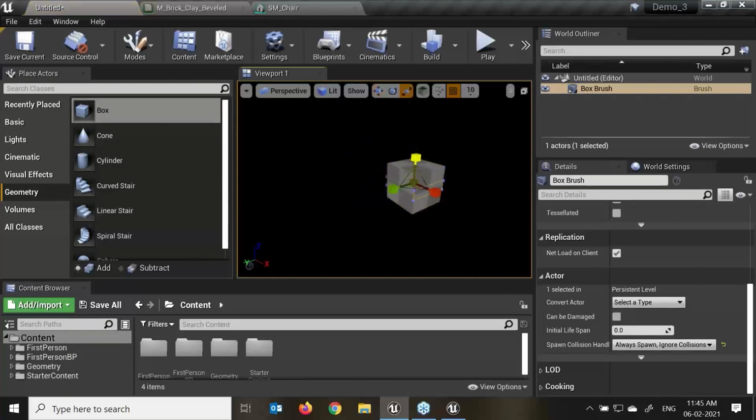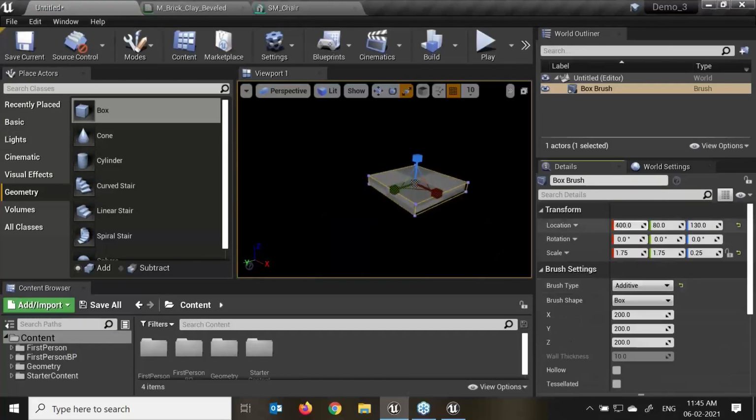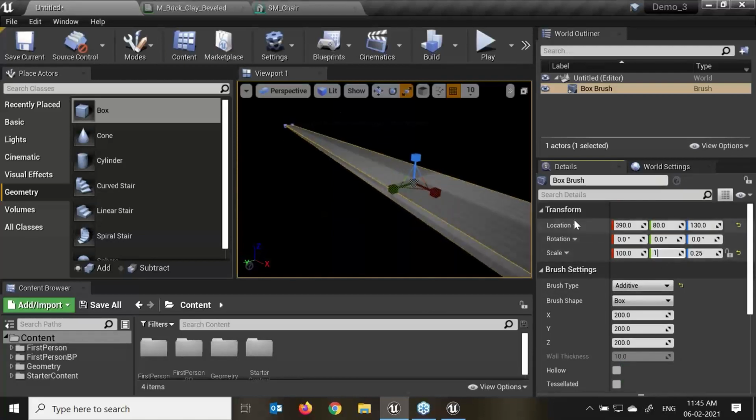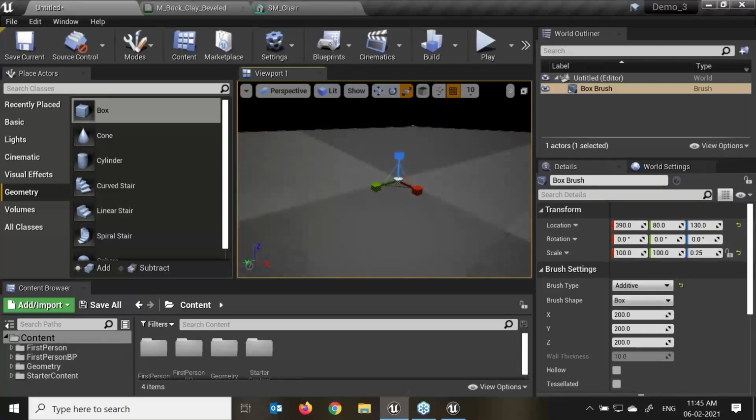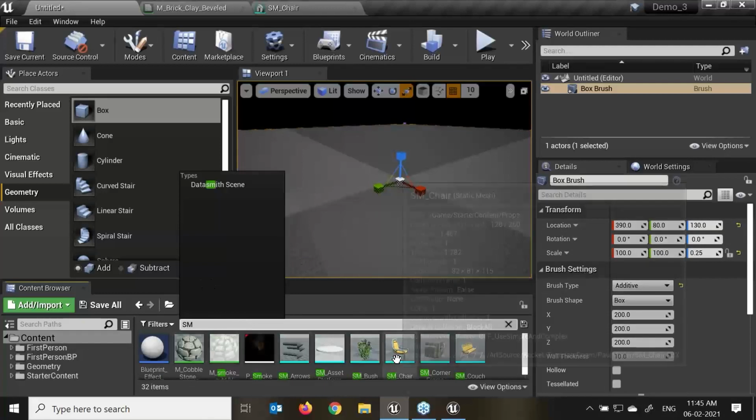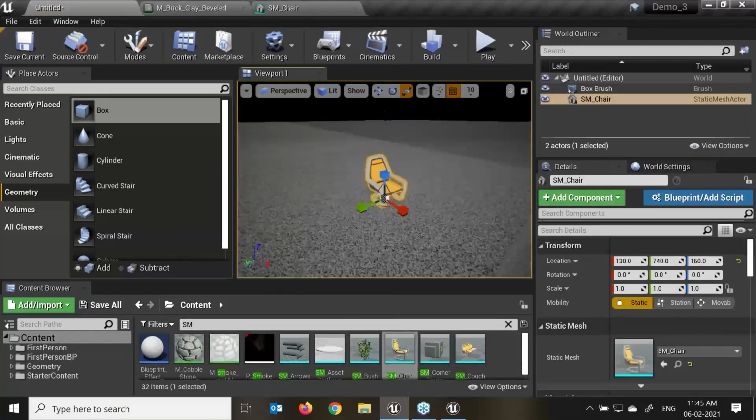Just try to scale it down, or I can increase the size and the length of this. I'll just make this 100 and 100. And this time I will take the static mesh chairs into my scene. Press F.